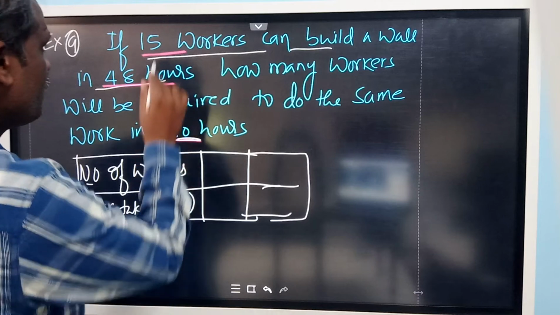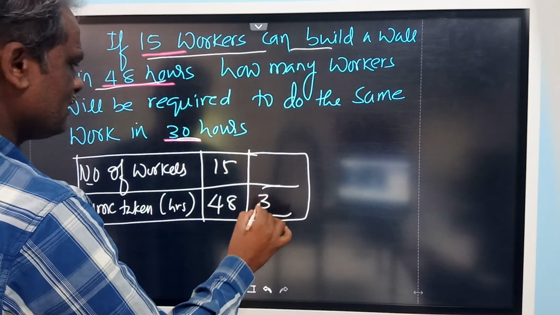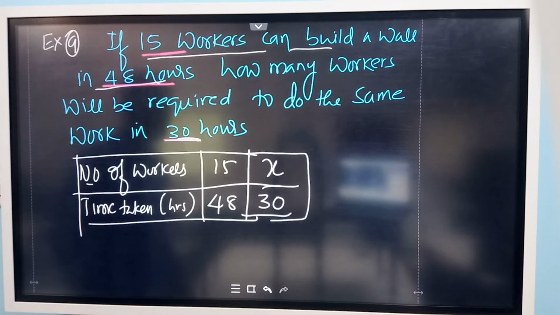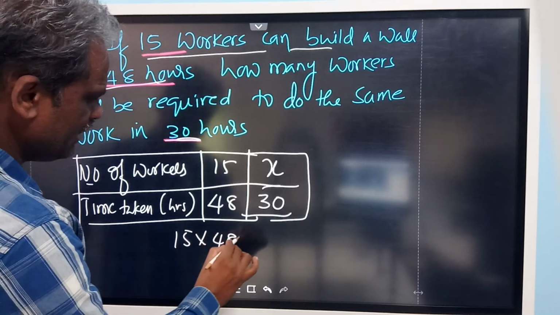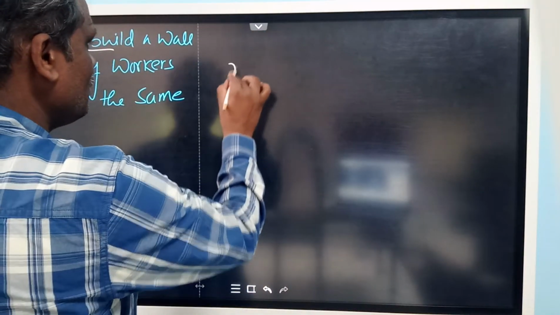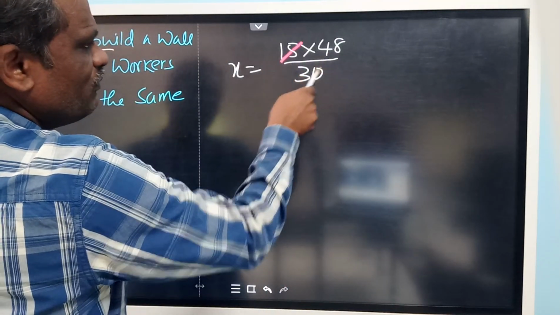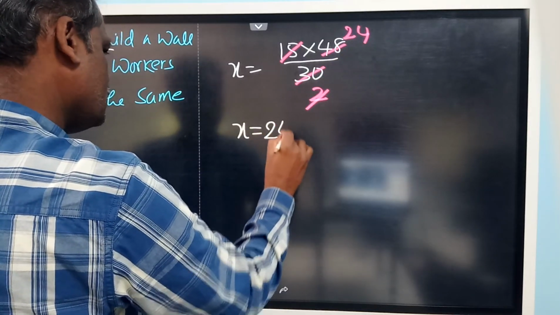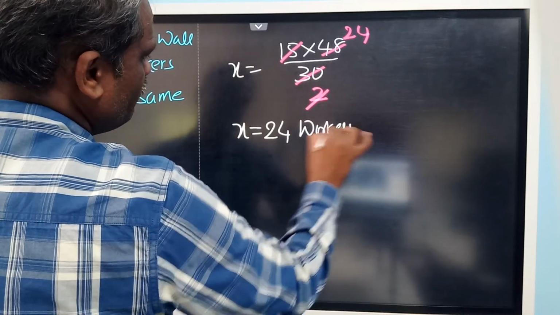So now number of workers, 15 workers can do it in 48 hours. So to finish that work in 30 hours, how many workers are required? You can write it as X now. Since it is in inverse proportion, the product should be the same. 15 into 48 must be equal to X into 30. So therefore X is equal to 15 into 48 divided by 30. X is equal to 24. 24 workers are required. So we need 24 workers to finish that in